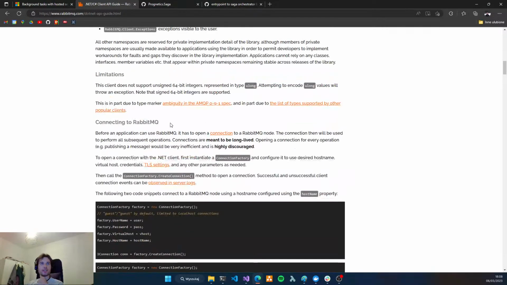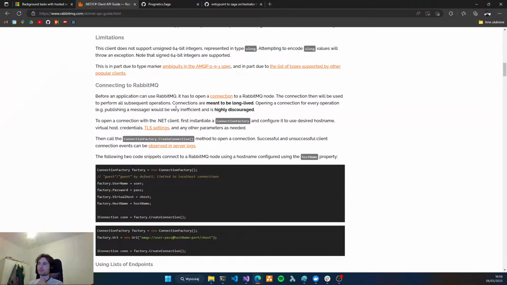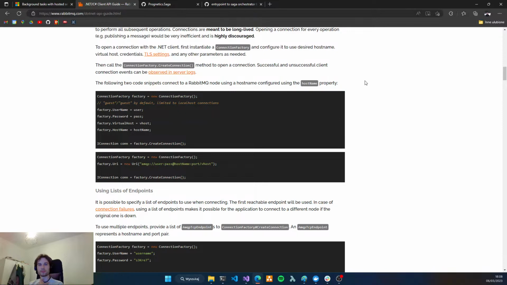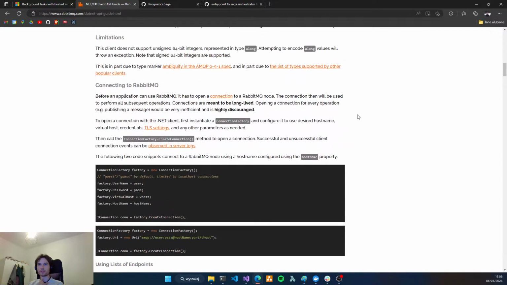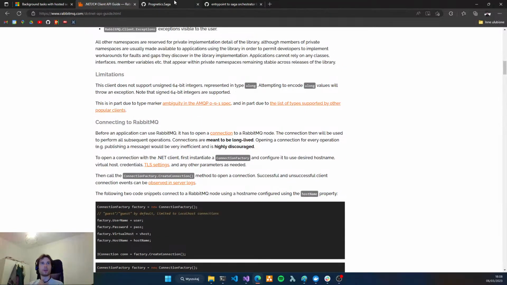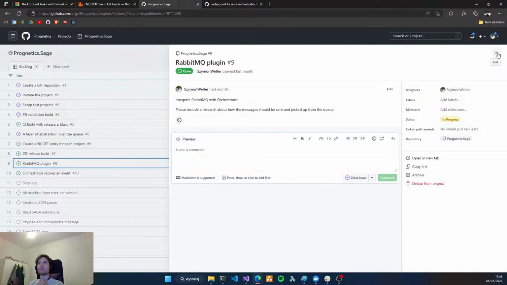It's my first time using this queue. I used to work with Azure Service Bus. I've never worked with RabbitMQ, so if it's also your first time, we will learn together.